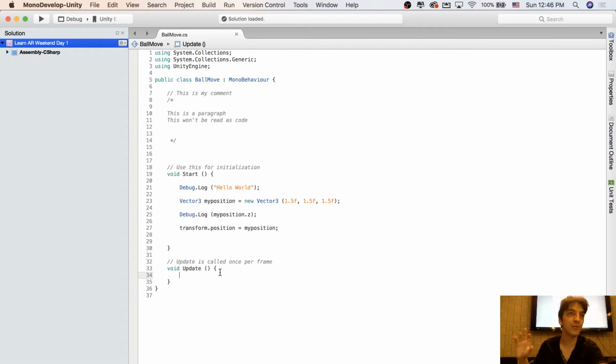You can't just do it once on start, because on start it runs and it's not checking anything anymore. So that's where update comes in. Update is called once per frame. Now what that means is, frames and frame rate, you probably might know what that already is, but in coding and in a 3D engine,